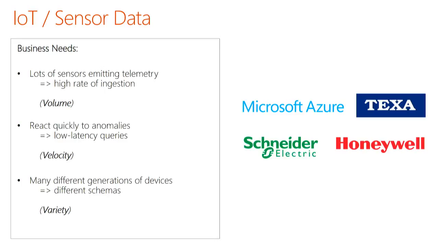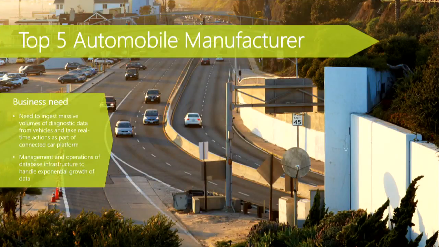For hardware, actually going to each of these physical devices and adding a new set of sensors is quite expensive. And so with each generation of hardware that you push out there, you end up with a different schema. One of the customers taking advantage of this today, that we're working with, is a top 5 automobile manufacturer in the world. Basically, every time you drive around, if something happens, like you get in a bad car wreck and the airbags are deployed, they will actually call you and give you some white glove service and say, hey man, are you okay? And if you don't respond, they will actually call emergency services for you.